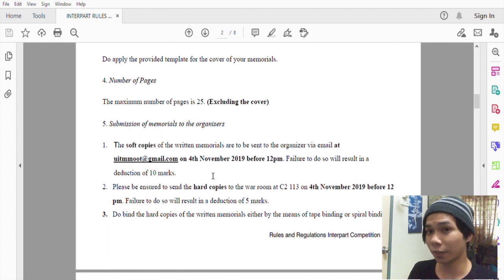Remember to send it as early as possible. Don't send it like at the last minute, because you're gonna get really panicky and you're gonna get lost. So just get your stuff ready, get things prepared. If you send it after the deadline, you might end up risking to lose a lot of marks there. And yeah, that's about it.